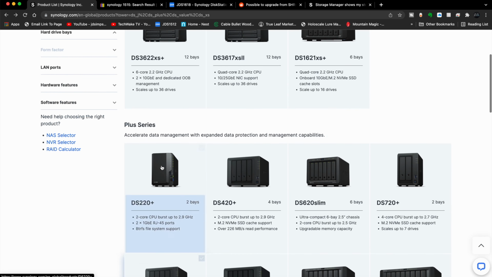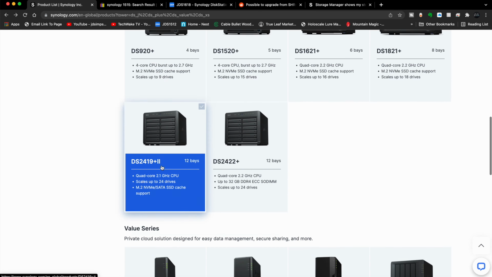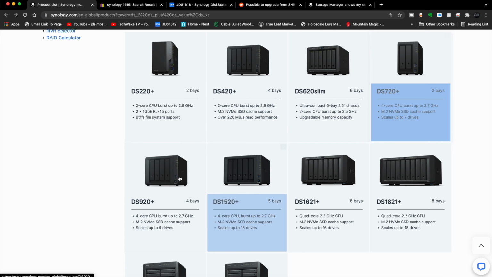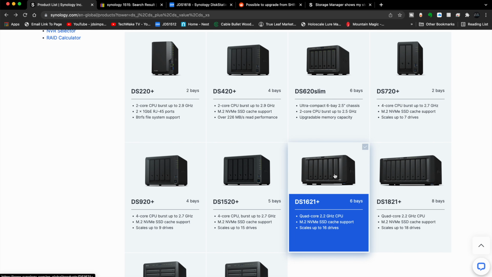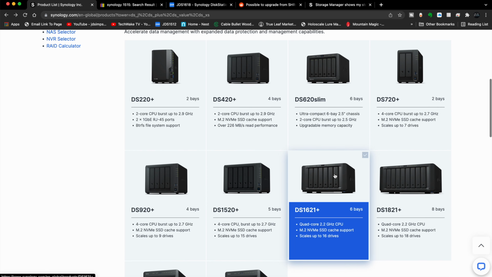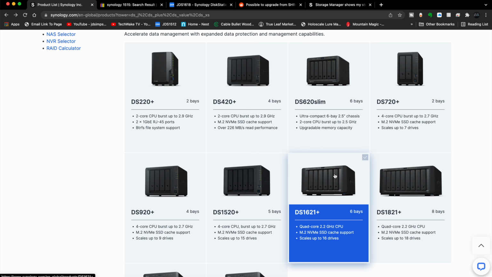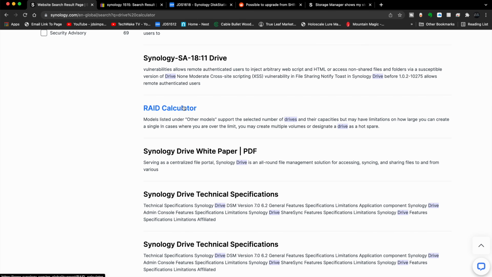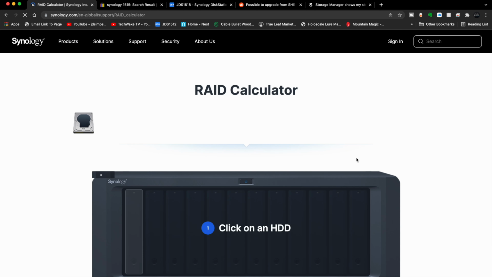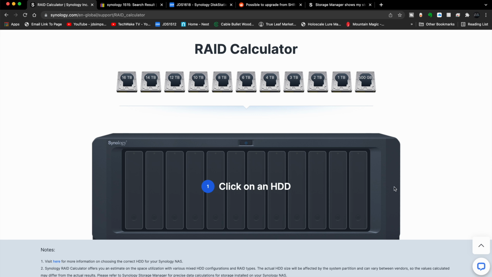So let's go over to something called the RAID calculator, because in all of these you can see there are multiple drives, and I want to explain protection and how that works in terms of data and storage space. Synology offers a RAID calculator, which is pretty nice. You can go over here to this calculator and it emulates a really large Synology box, but this doesn't have to be yours. You can just plug in as many drives as you want. So right now there's no drives, there's no information.